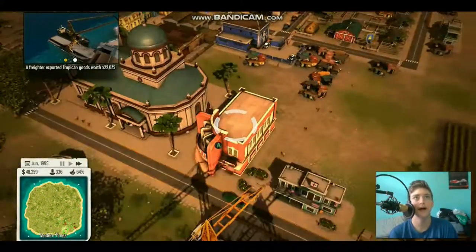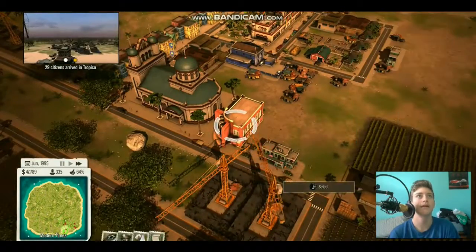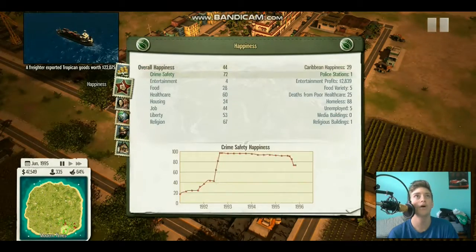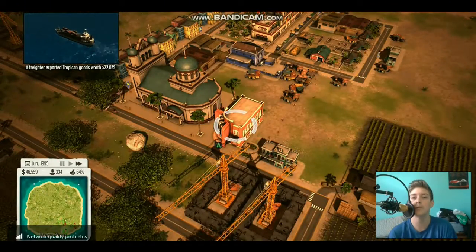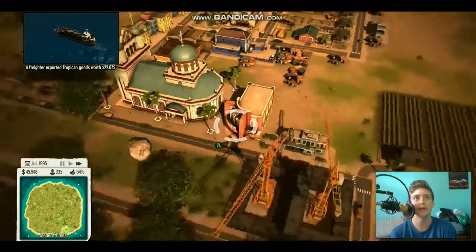So make sure you have... I didn't start off with entertainment, but you do need some entertainment. I don't think I have much at all. I only have 2 buildings so far, and they're already giving me 4. So I need more. You need to build more entertainment, but don't rush it that much. People really want entertainment, but you don't have to have it right away. I just built 1 cabaret,